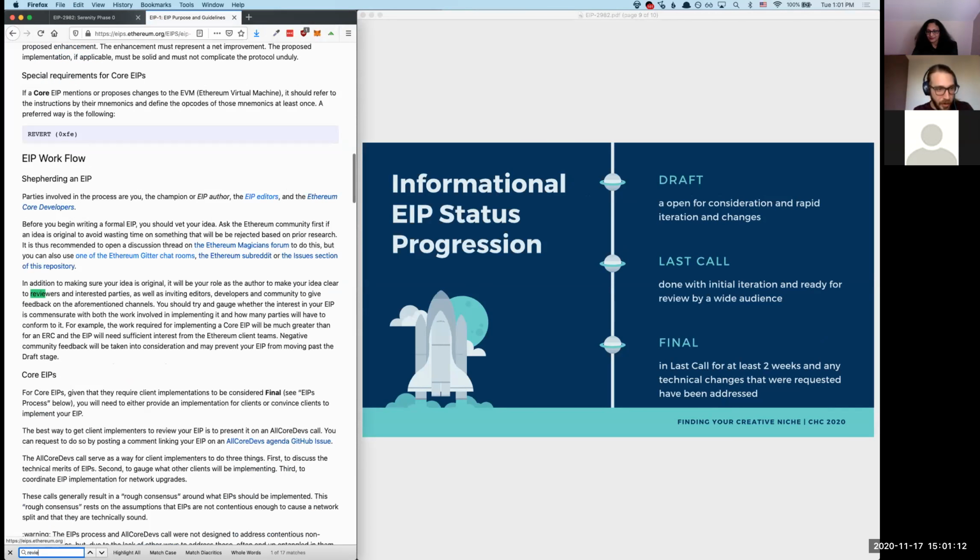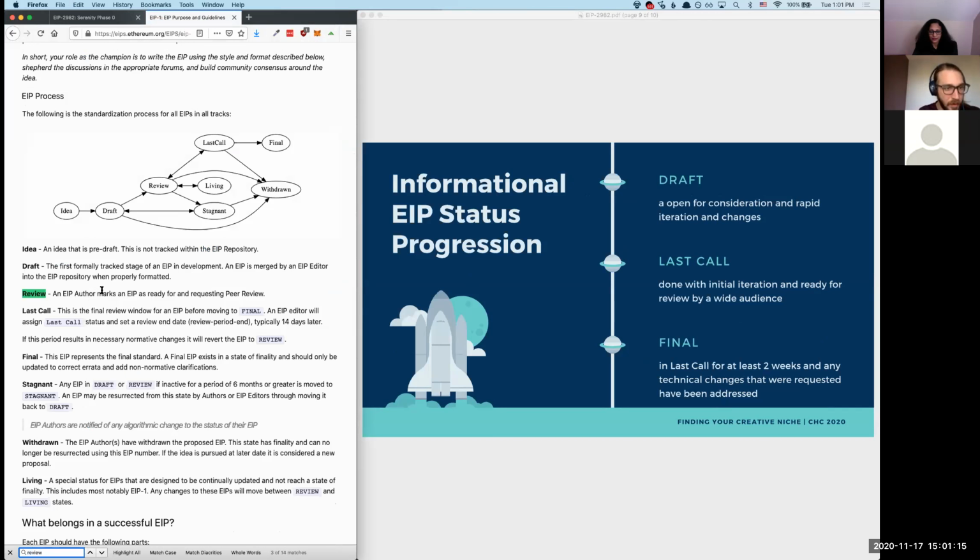Right. So review is in here. Oh, there it is. So this is something new that came out of the EIP process improvement group. We recently have made 2 changes. One on this part, which is relevant for the informational EIP, the process and the different statuses, and the other part, which may not be relevant for informational but for core EIP, is that we separated the network upgrade process from the EIP standardization. So there is a blog on Cat Herders Medium about that. I'll add the link in the description section for people who would like to follow.